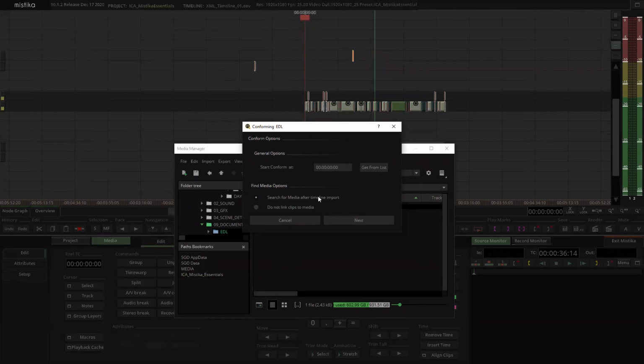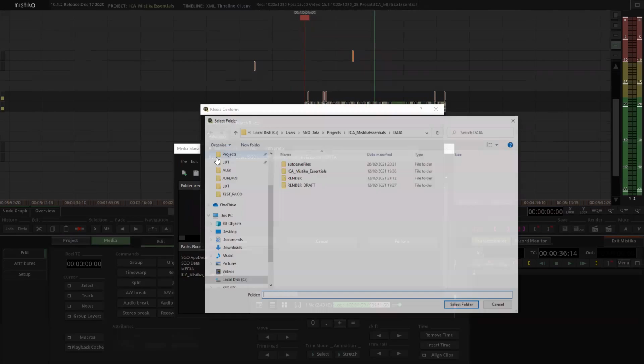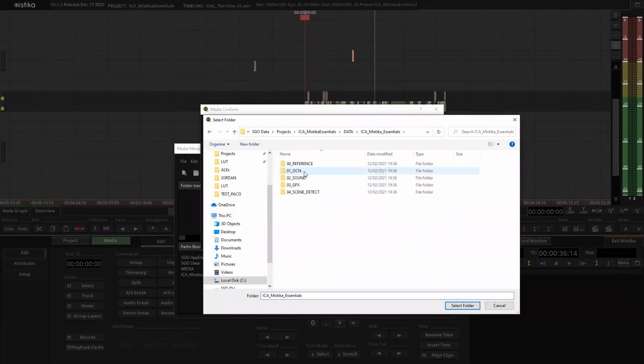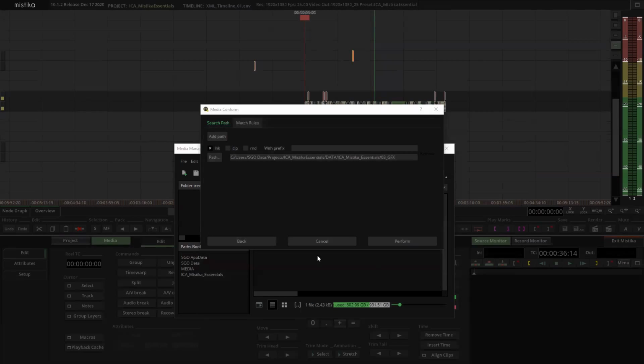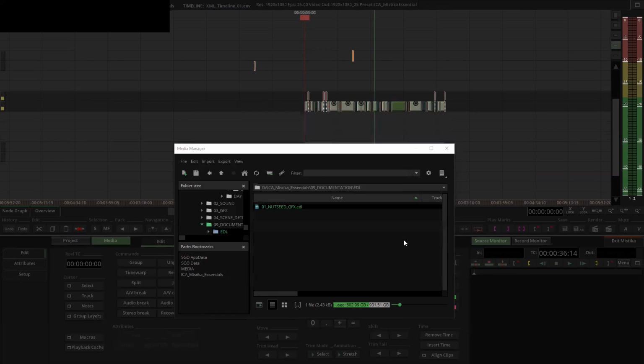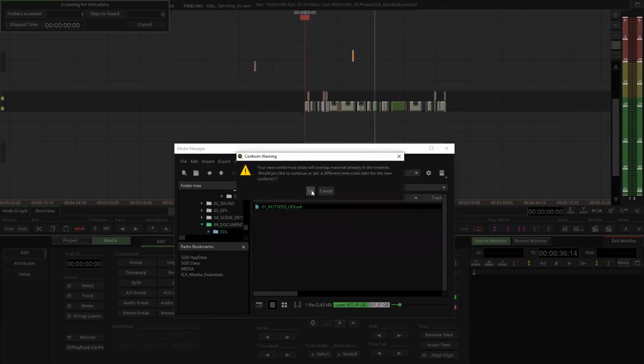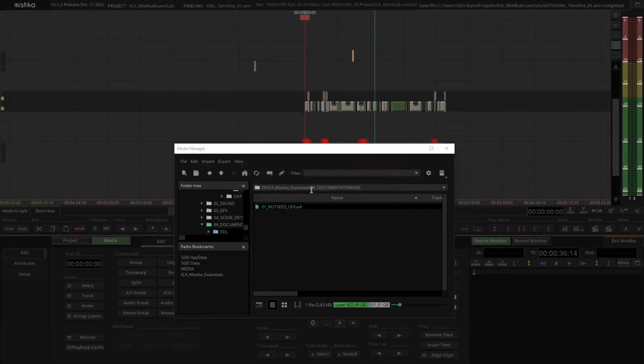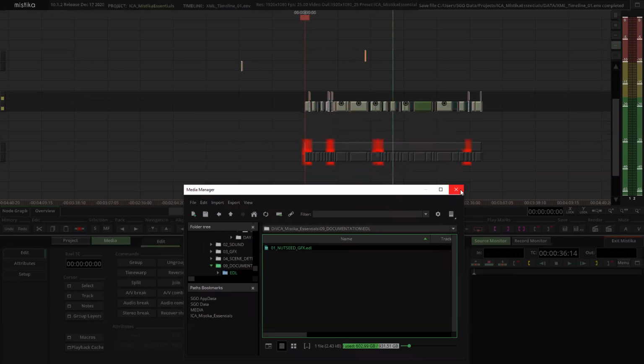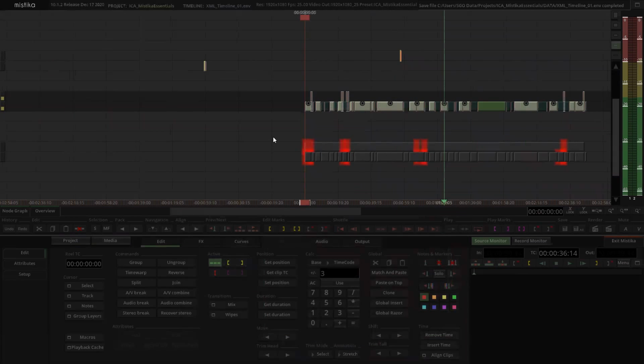I'm gonna go, in this case, I do want to search the media after import next. And in this case, the path is ICA Mistika Essentials, GFX, and press perform. Your new conform shots will overlap with something that is existing. Oh yeah, it just went to the bottom there. Okay, anyway,